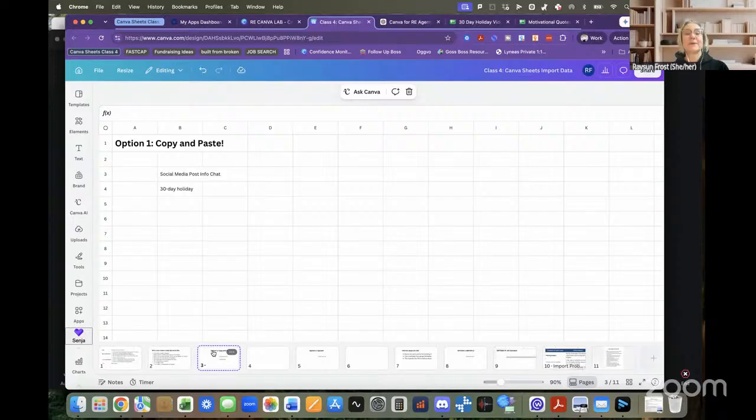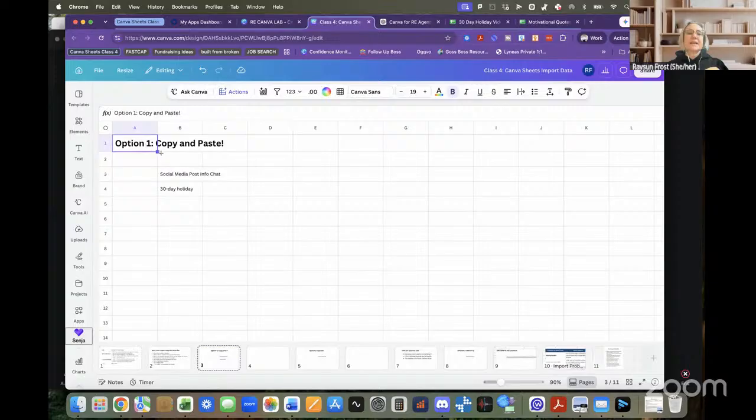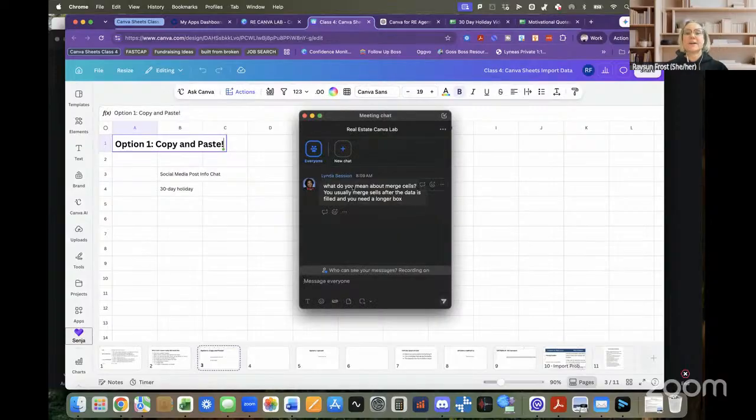And I do want to highlight again, because this is something that throws everyone off. Copying cells and pasting cells the way that you typically would in Google Sheets or Excel doesn't work in Canva. So sometimes people get a little confused. In Canva, you can't just drag. If you drag a box, it will copy it automatically. So when you watch me copy things and paste them, if you're doing it from another Canva sheet, just know that sometimes those things can be